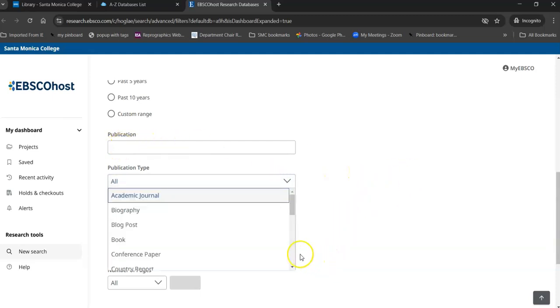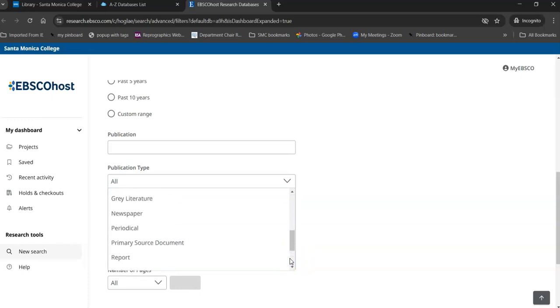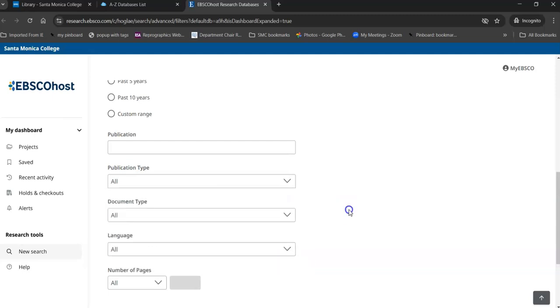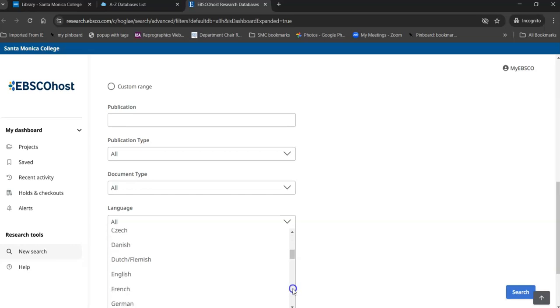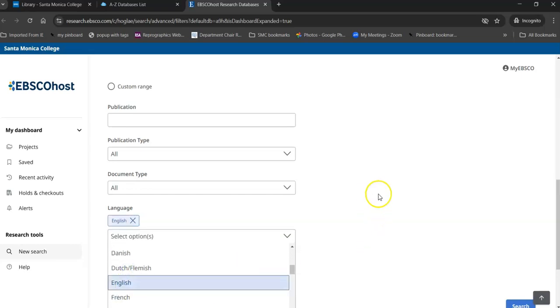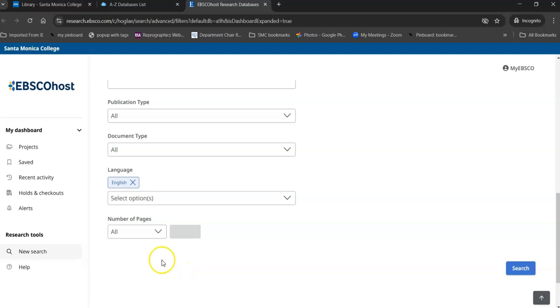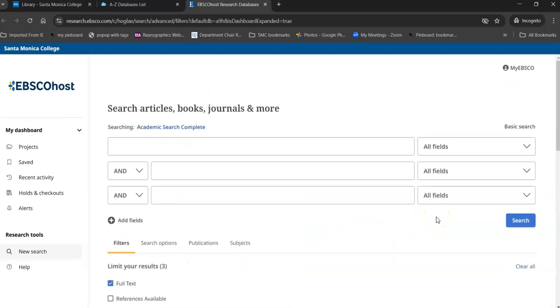You can look for a specific type of publication, a conference paper, a database, a primary source document. I'm going to leave that blank. You can look for it in a variety of different languages. So I'm going to choose English. And you can even say, I need something that's at least 5 pages long, all depending on what you're required to do for your specific